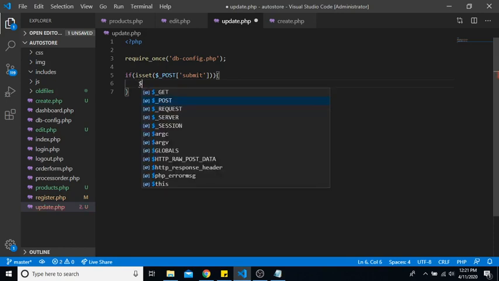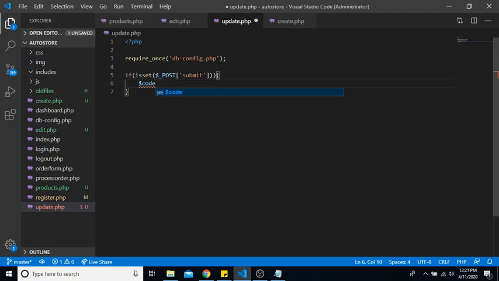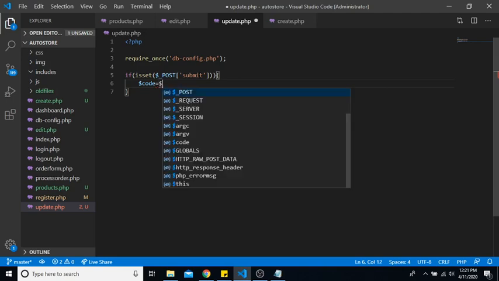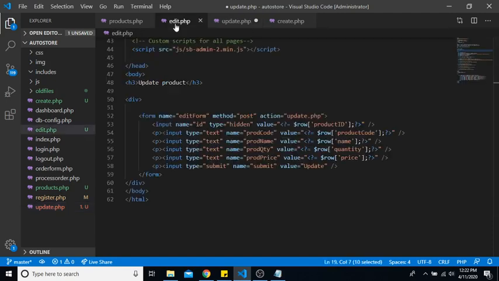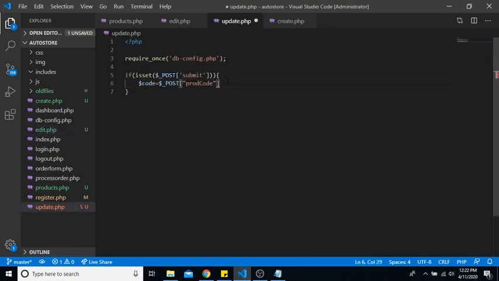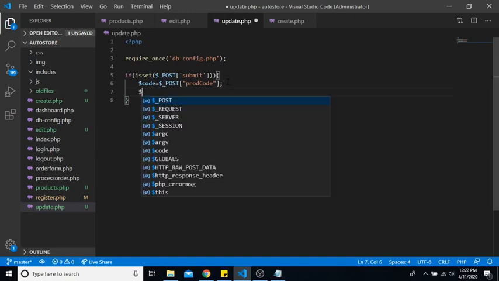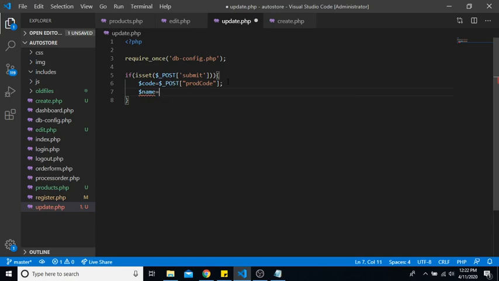So if it is set, we want to set our code equal to our product code. Remember, these post values are the same values that we have named each one of our input fields. So what we're essentially doing right now is creating a shorter variable name for each one of them. So the name will be equal to